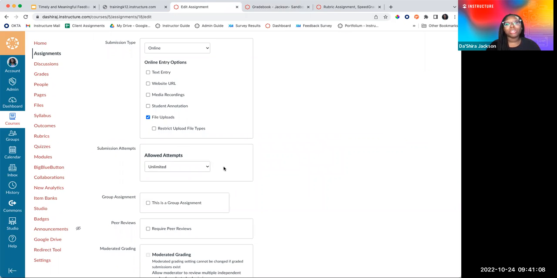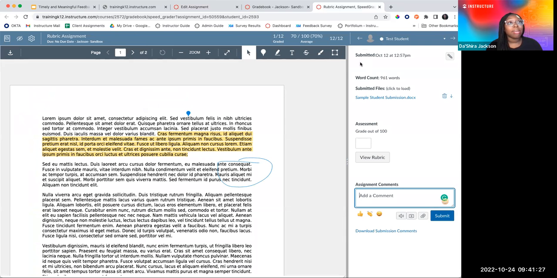This would allow the students to turn in the assignment multiple times to that same assignment column, so you could see every version that was submitted in one place. Each time a student turns in an assignment, there'll be a little drop down here and you can see the date and timestamp, and that way you can keep track of it.